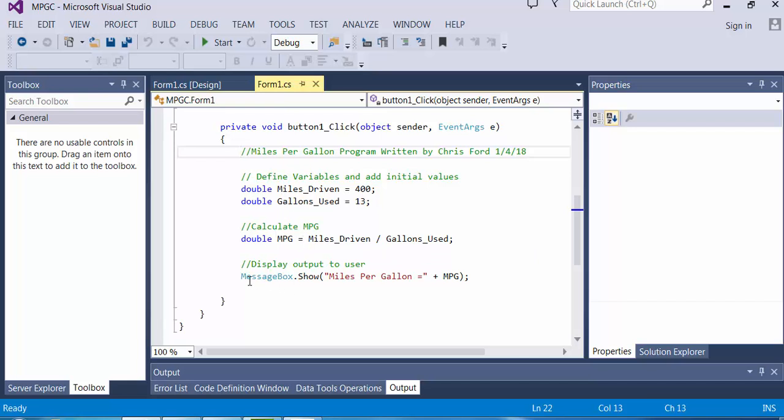And lastly, remember in Python we used a print statement to display the information. In C#, I can use this little thing, it's called MessageBox.Show. Pretty much does the same thing. It displays the information, but it does so in a kind of a nice little box. But I've got "miles per gallon equals" in quotes. Instead of using a comma between the quoted text and the variable, in C# I use a plus